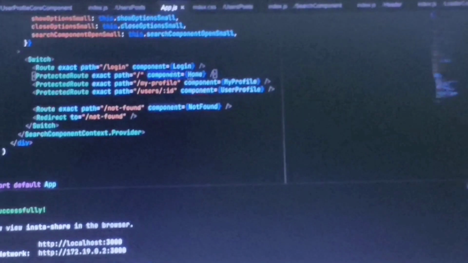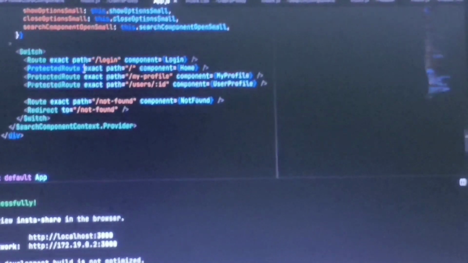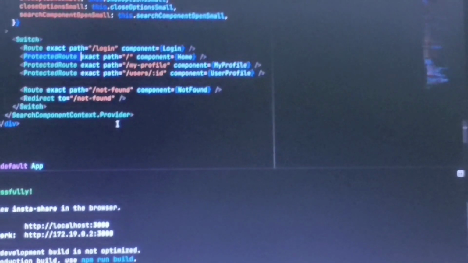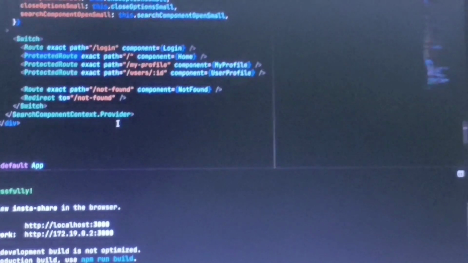Now next, coming to the app.js file in the home route. Before the home route, I want to explain the protected route. Why is a protected route used? I have to check the authorization every time for every route, so every route is a protected route.